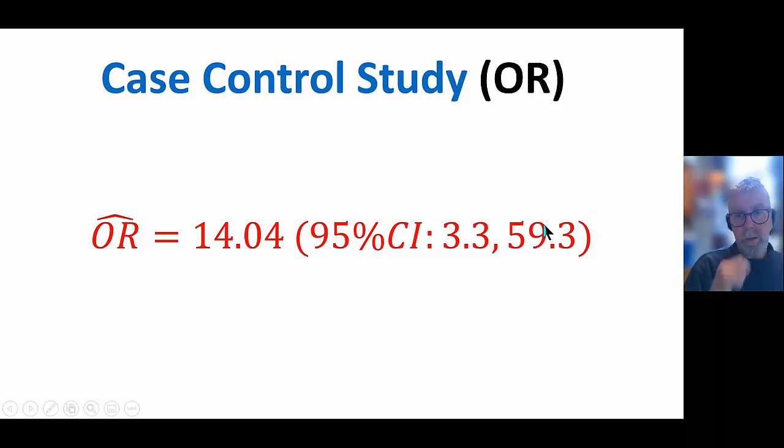So with this range in mind, we can say that the population value, or true value if you like, for the odds ratio for the occurrence of lung cancer in smokers versus non-smokers suggests that the rate of lung cancer lies somewhere between 3 times greater to a whopping 59 times greater. So however you look at this, I think it tells at the very least not to smoke, or to give up if you do, and back in 1950 it gave strong numerical evidence to the fact that there was a